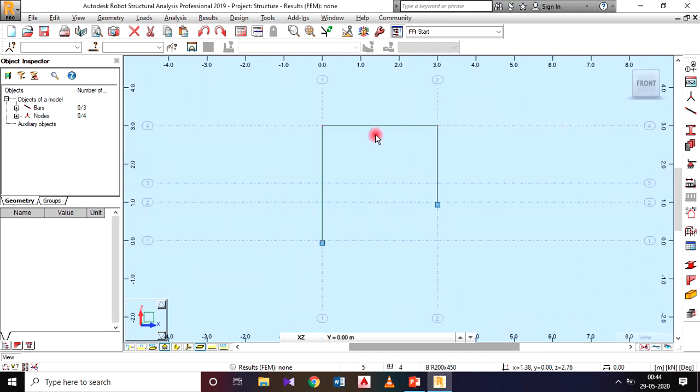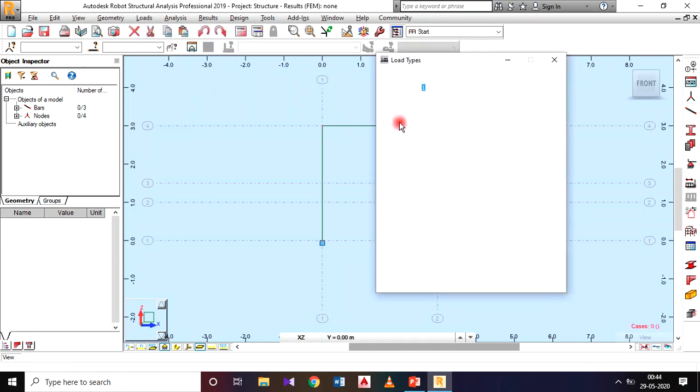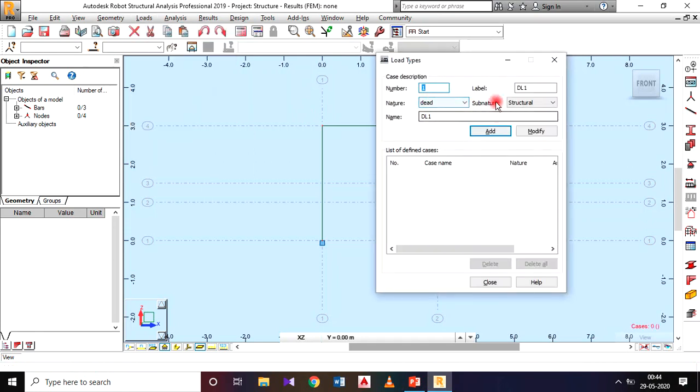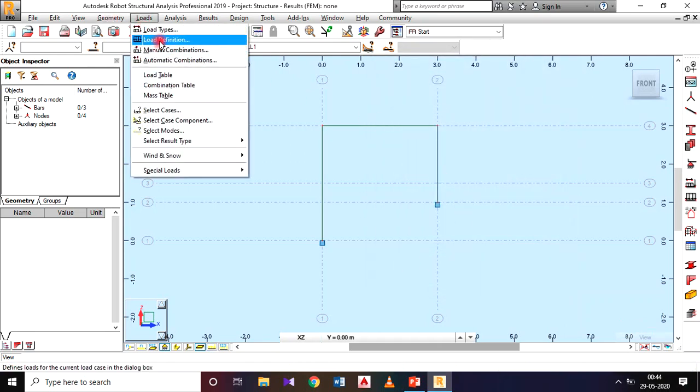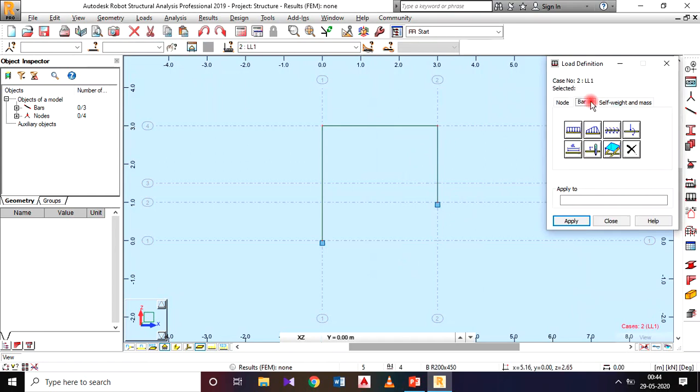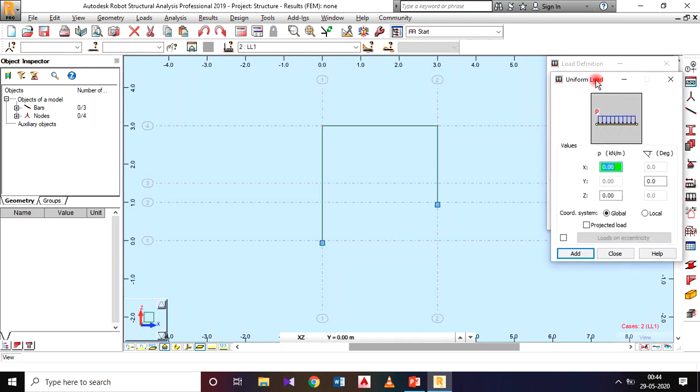Then apply the load. For that, go for the load type. First should be dead load, add it. We added that one. Go for the live, add it. So we added the live also. Then close this one. Then go for the load definition, then bars. Here the bar load is your uniformly distributed load.